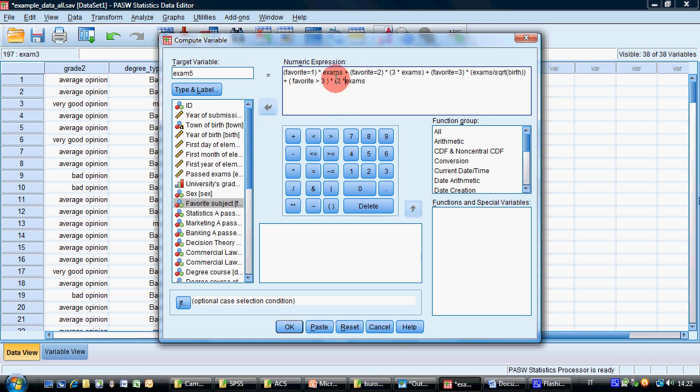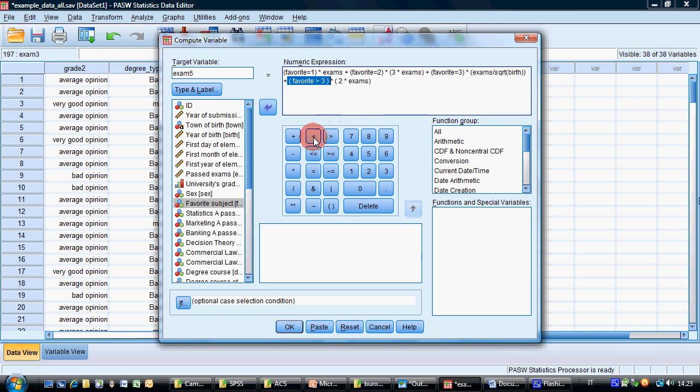I put here a lot of parentheses which are not really necessary. For example, these parentheses are not necessary, these are not necessary, these are not necessary. But I like to put them to make you clearly understand which are the parts of our expression. Okay, so you can also put logical expressions with